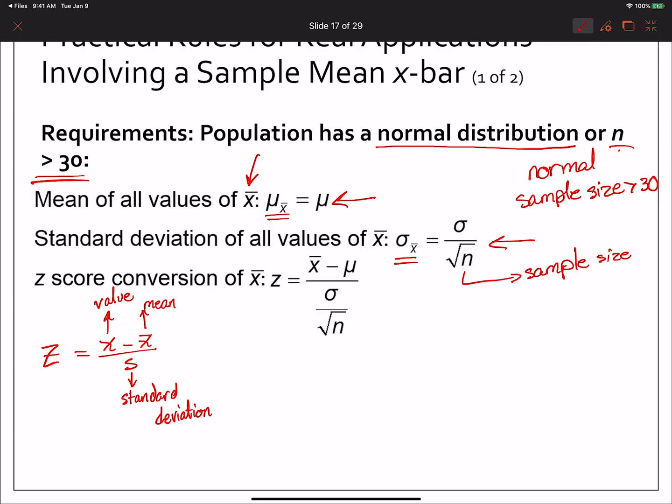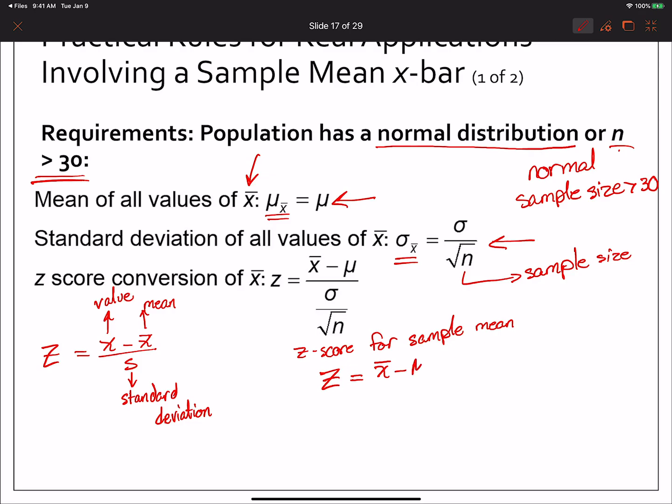Now, when we are doing this here, we're doing something a little different. What we're doing is finding the z-score for one of the sample means. So this is the z-score for a sample mean. Let me write that, z-score for one of the means. So let's say we want to see some probabilities. This is what we would be doing. So z-score for a sample mean, instead of doing the value,